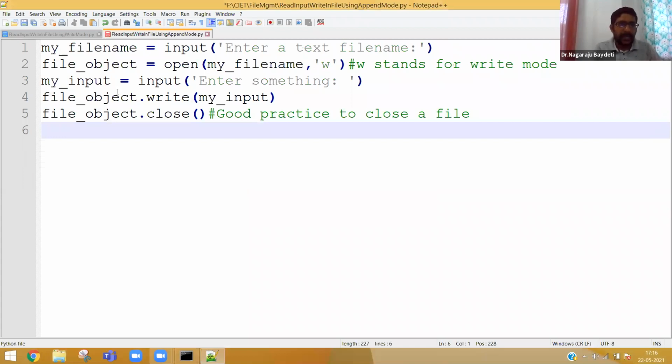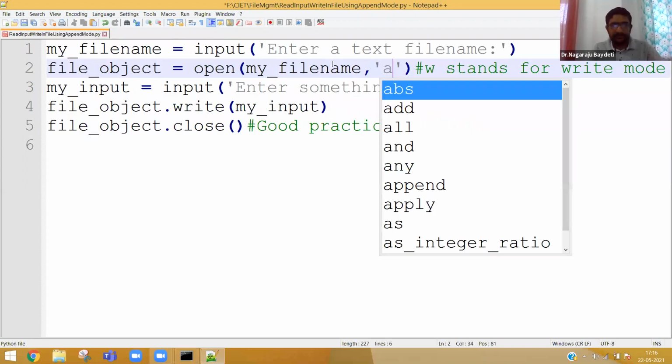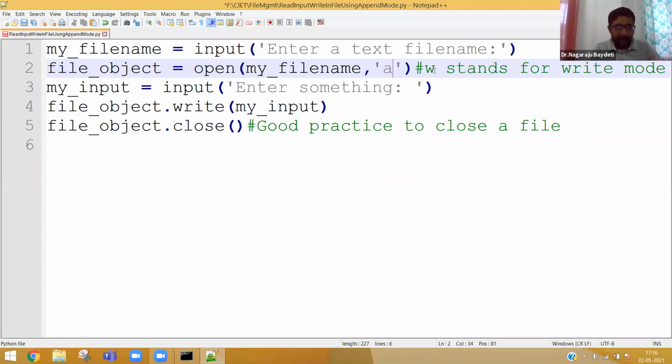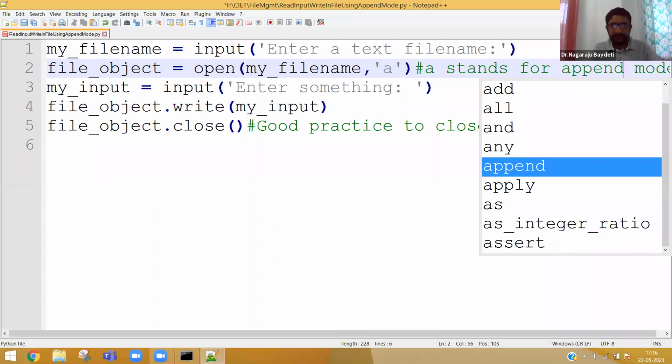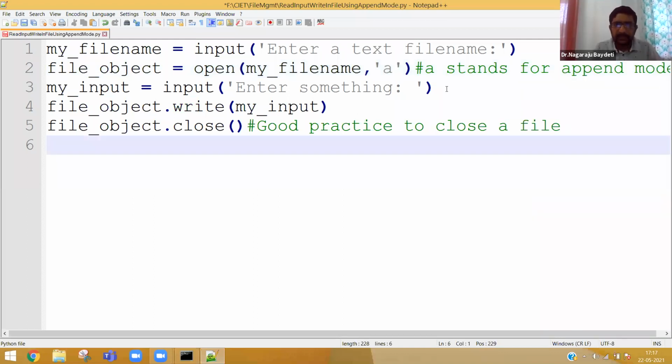So I'm copying the same piece of code. Instead of W, I will write A. A stands for append mode. Rest all will be same.